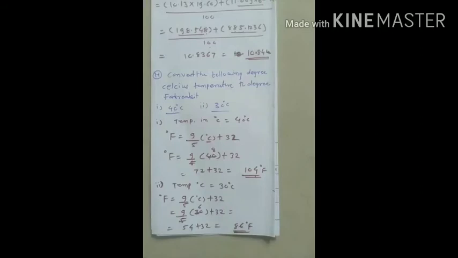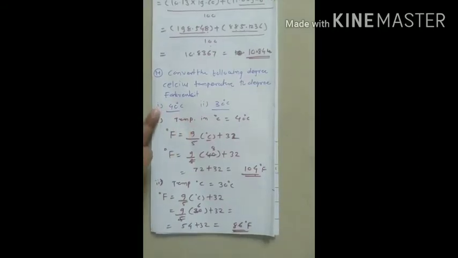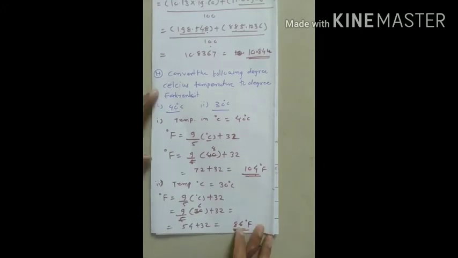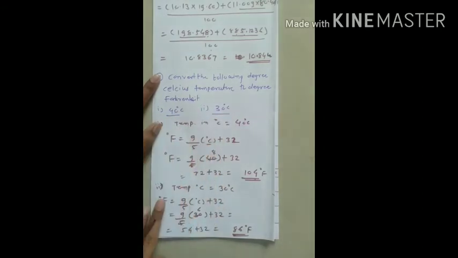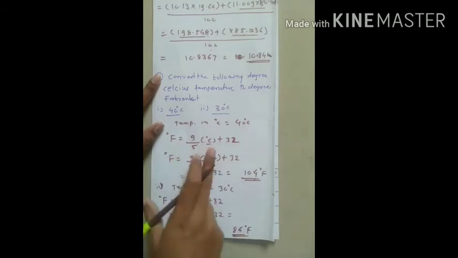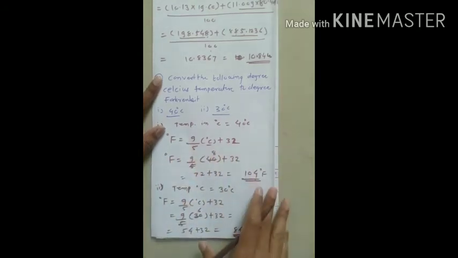Most of the time it will be asked for 2 marks combined for 2 temperatures. Or else, what will be the change? Probably they will give us the temperature in Fahrenheit and we have to convert it into degree centigrade. Either you can use the same formula or you can rearrange it, no issue. A simple mathematical arrangement will be there.